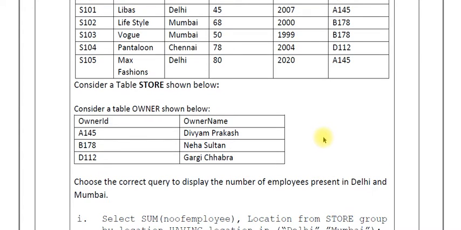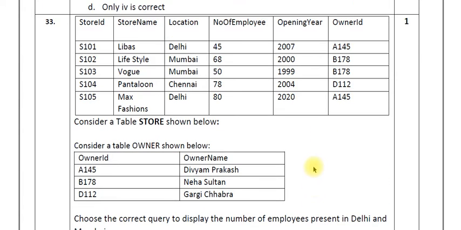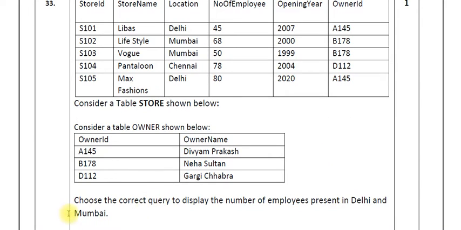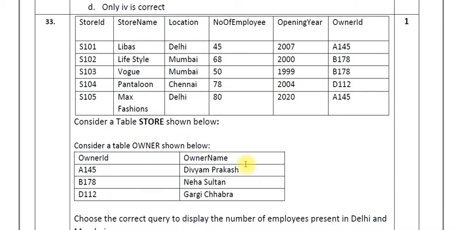Instead of seeing the options, try out what would you do to get the answer that is being asked. Choose the correct query to display the number of employees. Remember, number of employees present in Delhi and Mumbai. How many are present in Delhi? How many are present in Mumbai? Not anything other than that. Okay. So this is what it says.